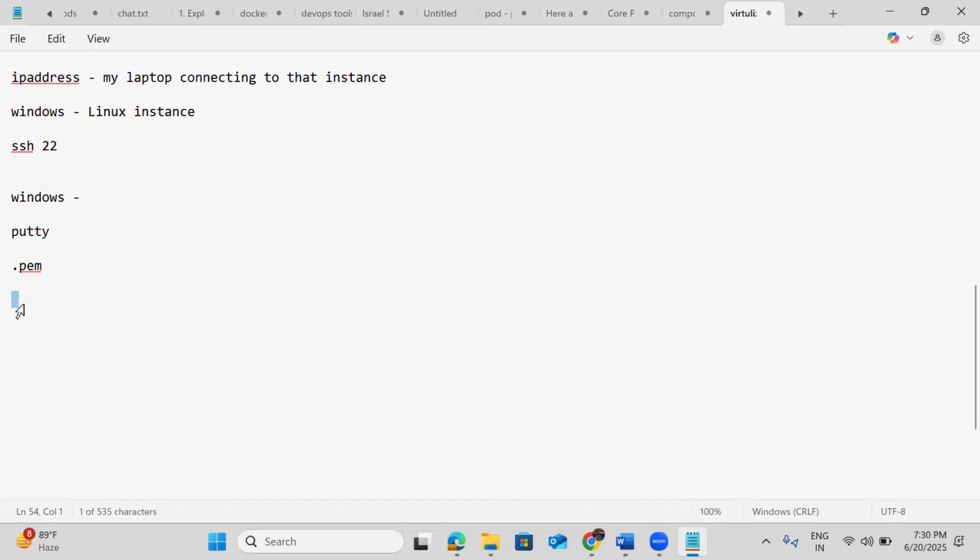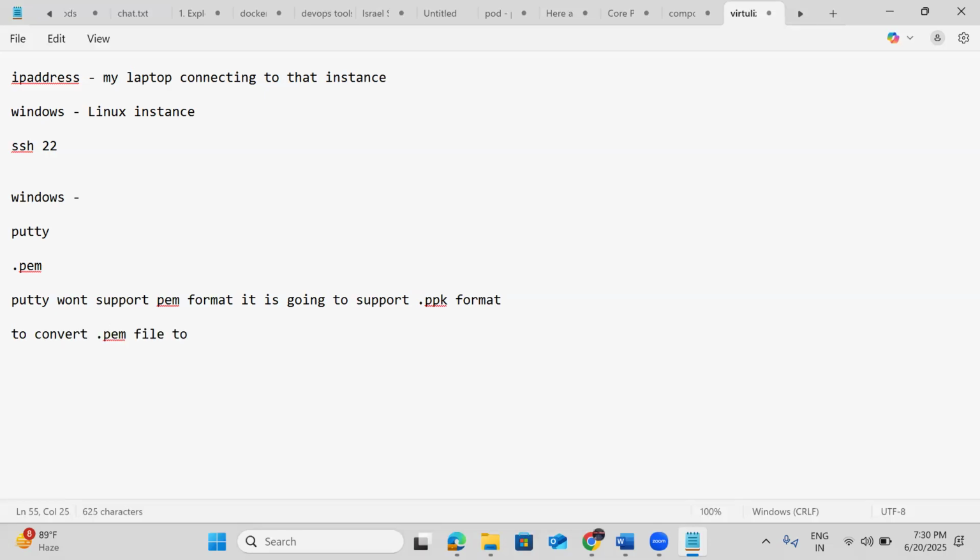PuTTY won't support the PEM format. It is going to support the .ppk format. So to convert a .pem file to .ppk, we need